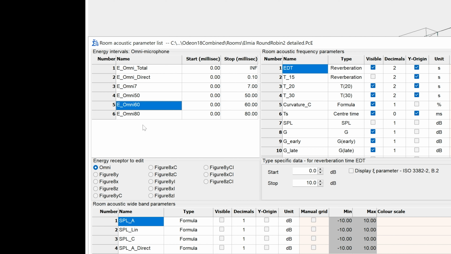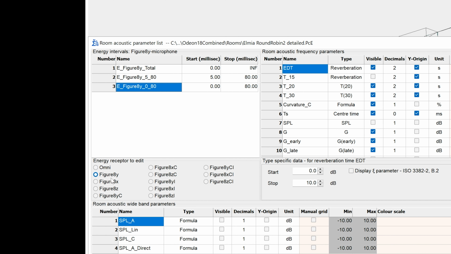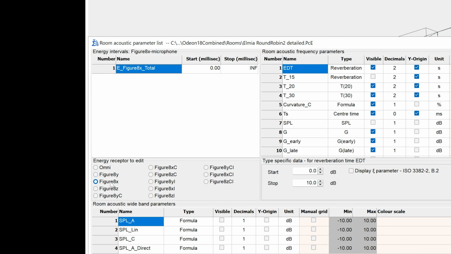You can also define energy intervals for figure of 8 receptors. The explanation for each of these receptors is found in the context-sensitive help, which you can access by pressing F1.